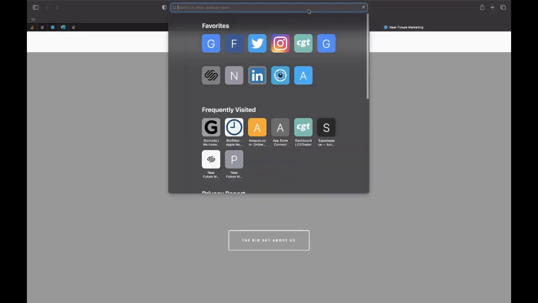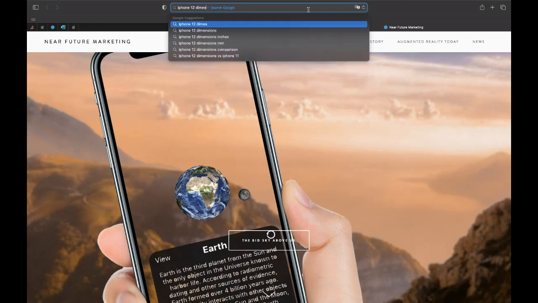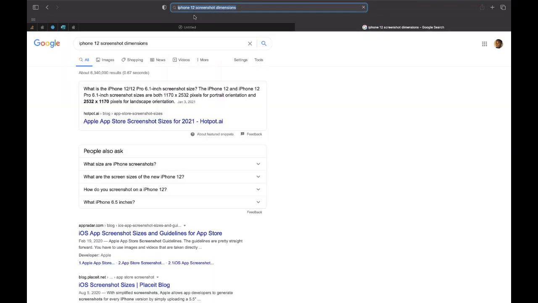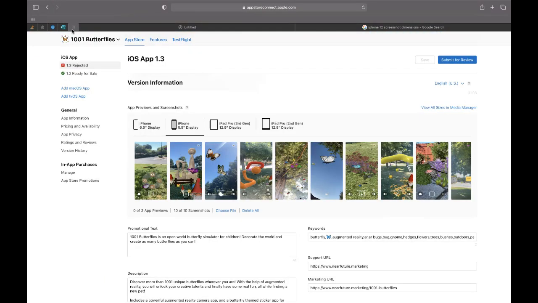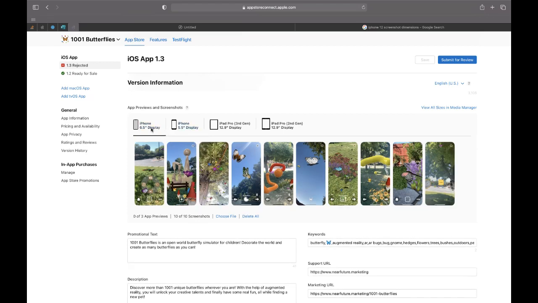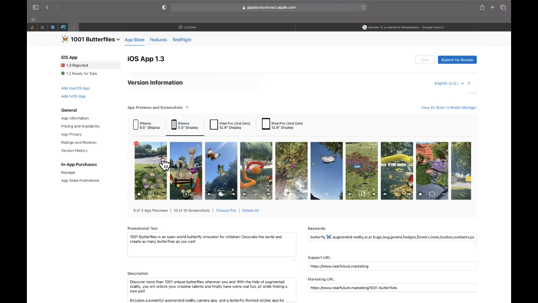So let's say iPhone 12 dimensions, and let's maybe add screenshot just to be sure. And you'll get the answer right here from Apple. Usually you can find it, but here we have this right here, 2532 by 1170 pixels. So when you go to create that document in Photoshop, you just create a new document with these dimensions, you paste in your screenshot, and then you scale it up. It might be a tiny bit blurrier, but honestly, it's never stopped me from submitting an update because I don't have all these phones and I don't want to take the time to take the exact same picture on the iPhone 6.5, the iPhone 5.5 in the same parking lot.